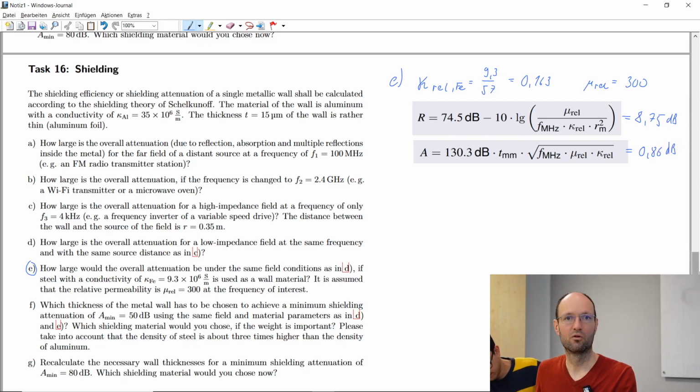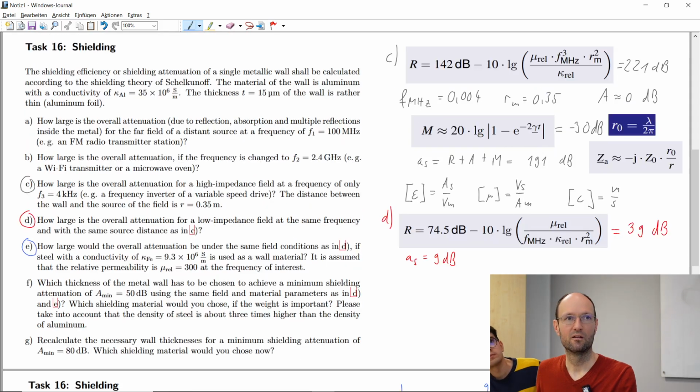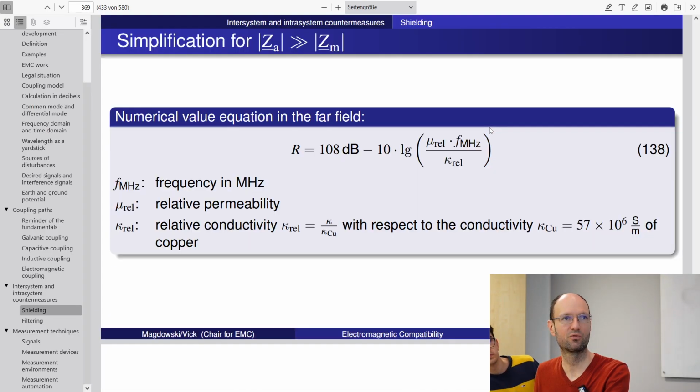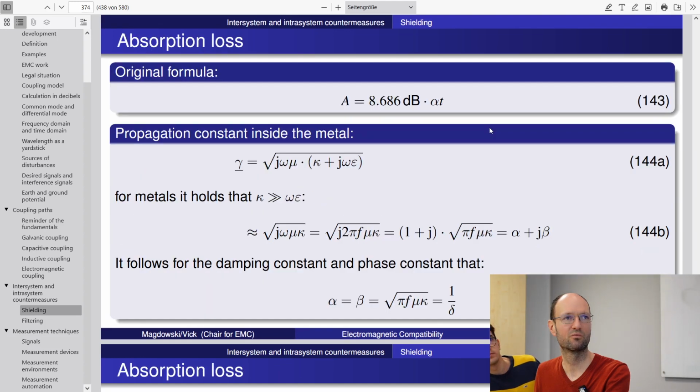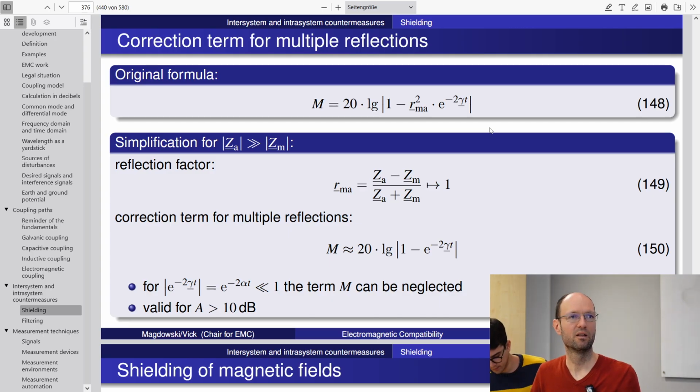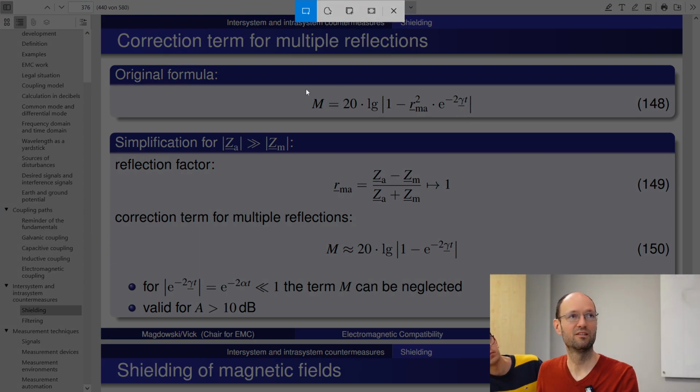So because of this, we also need to take into account these multiple reflections. And so if I check the corresponding slide with this correction term for the multiple reflections, which was somewhere here. Unfortunately now this simplification probably does not hold anymore. So we need to really use the original formula to do the calculation in this case, which is now really